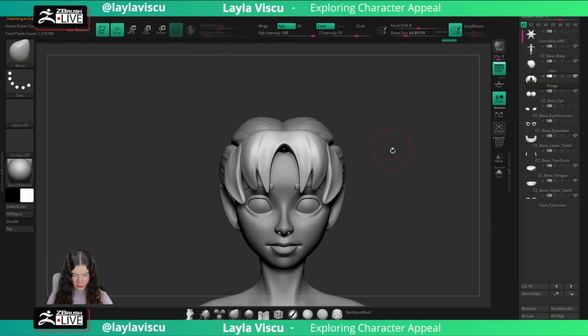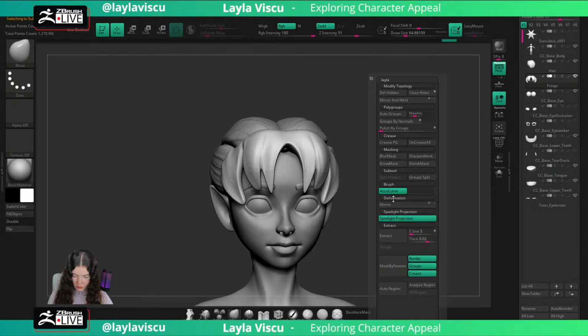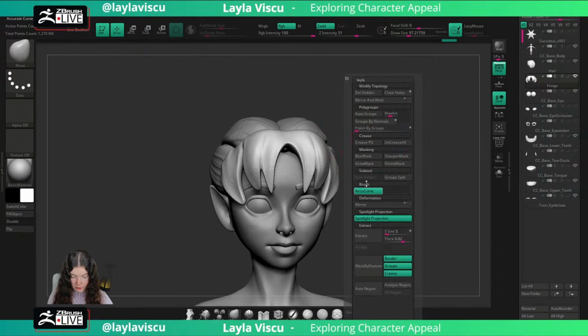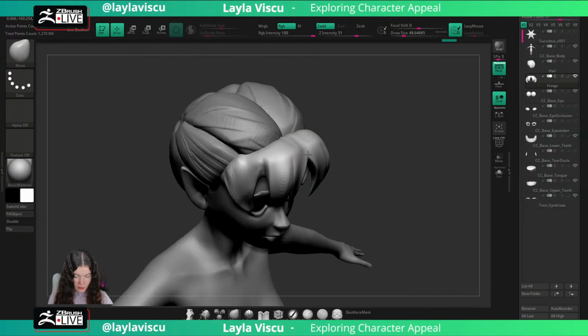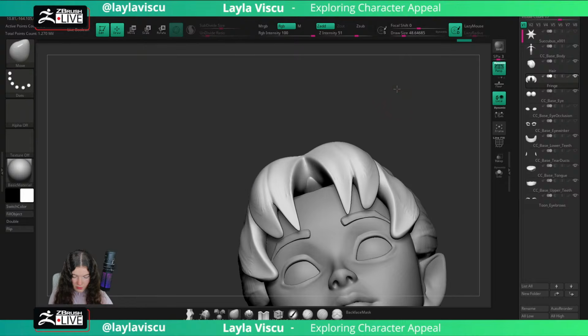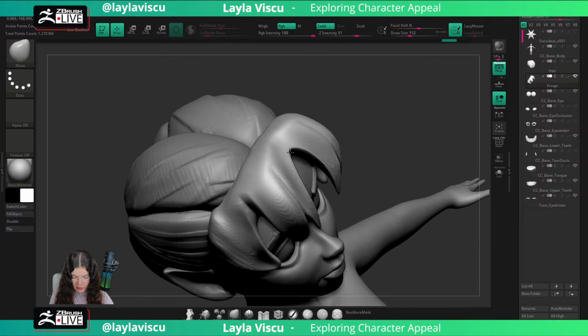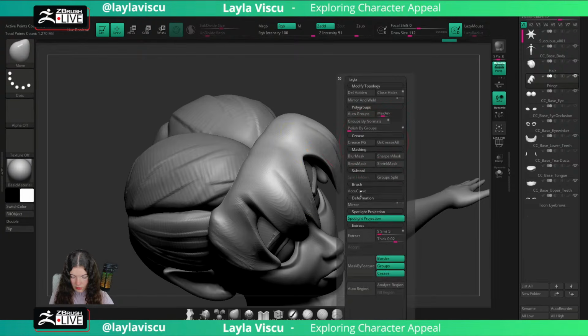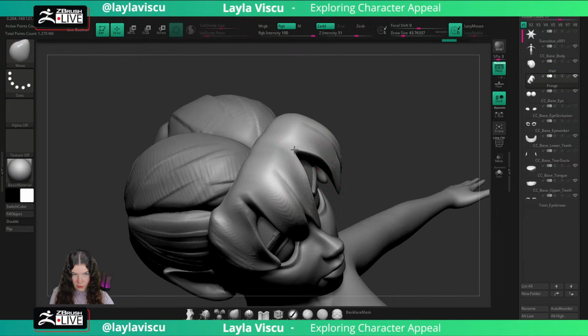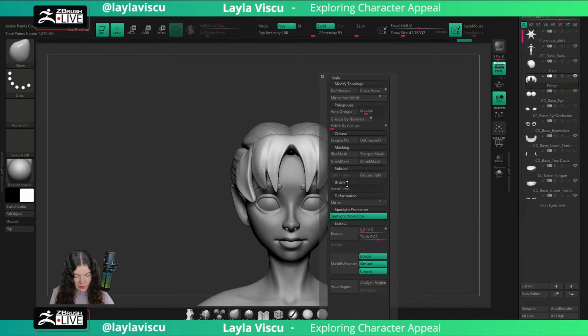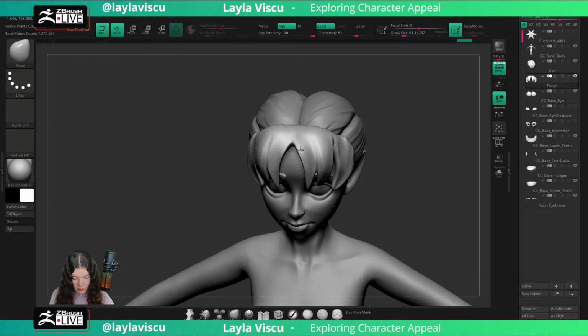I know that most of you must know this trick by now, but activating AccuCurve with your move brush yields really cool results when you need to sort of pinch something in this way. So normal move brush acts like this, and the one with AccuCurve acts like this. And this option can be saved on your custom menu, like I have it here,